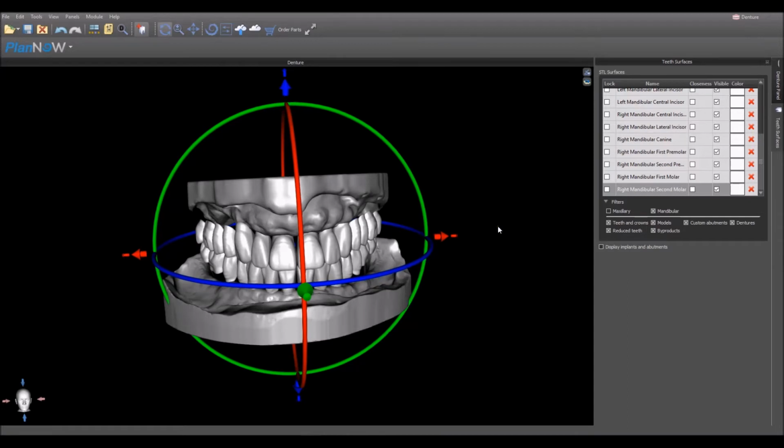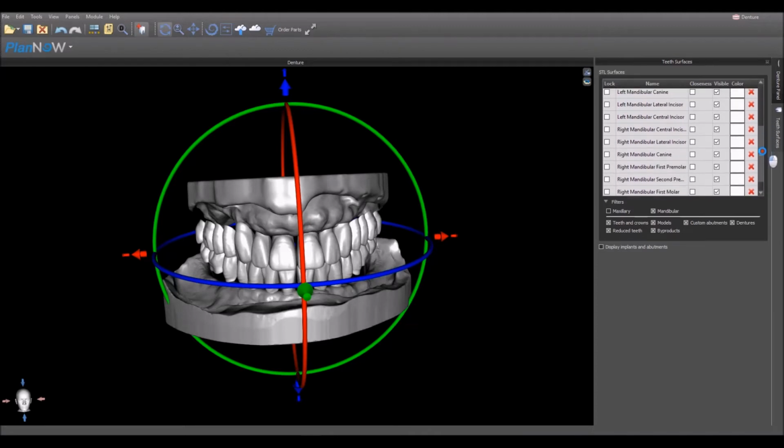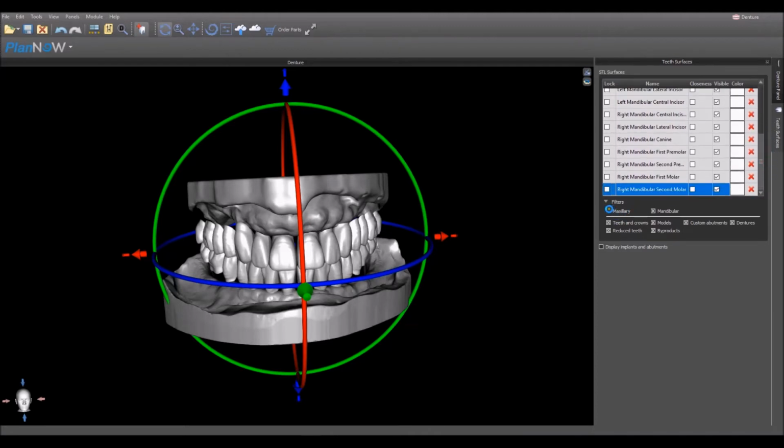Now in terms of the surfaces panel, let's just take a look at the list that we have here. Right now we have a long list of our different teeth and surfaces. We have different filters that allow us to choose, do we want to see the surfaces connected to the maxillary and or the mandible? So we could go ahead and filter that accordingly. And we also have different options for the teeth, the models, which are the models we imported, custom abutments,